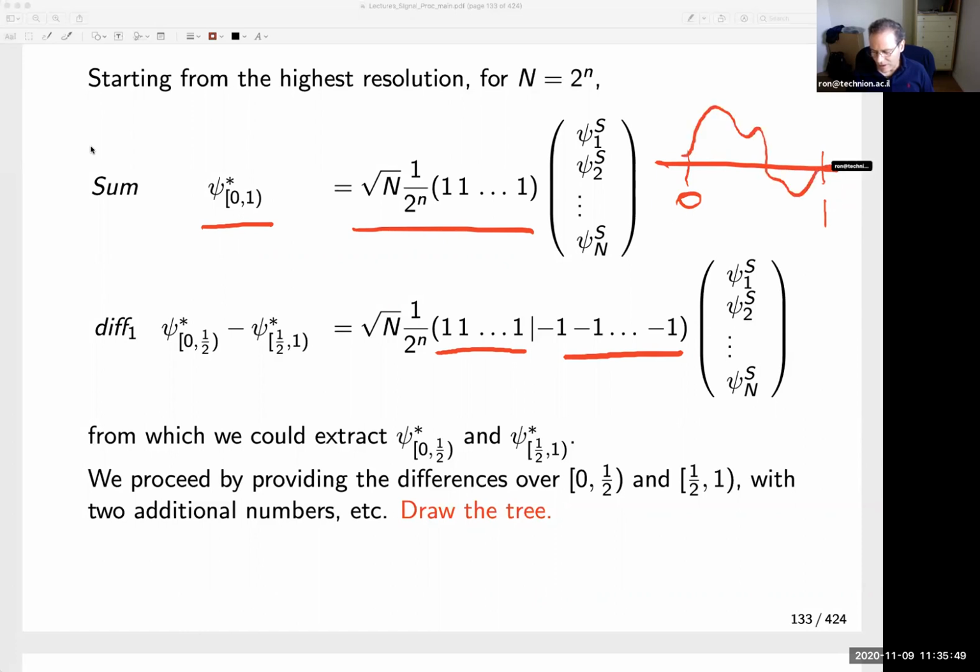I'm taking the function and hitting it with a constant, and this would give me this number. So the inner product of psi with a constant over the whole domain would give me this